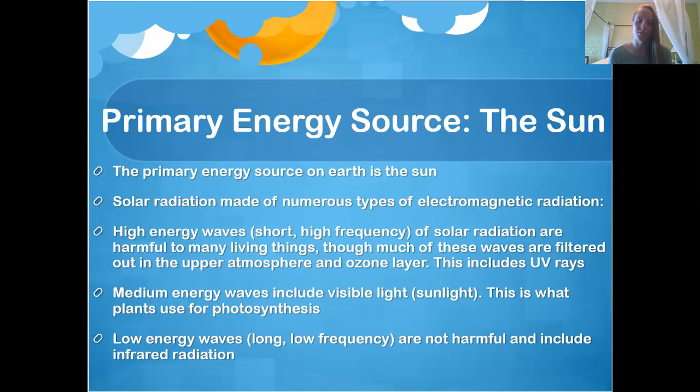The medium energy waves are the ones that include the visible light. So what we think of when we talk about sunlight, and that's what's used for photosynthesis in plants. And then there's also some low energy waves, which have long wavelengths and are low frequency. Those low energy waves are not harmful. They include things like infrared radiation, which we see